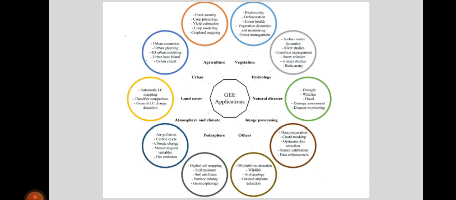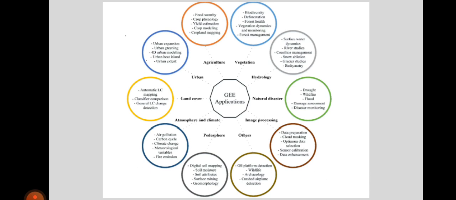Coming to hydrology, Google Earth Engine applications include surface water dynamics, river studies, coastline management, snow ablation, glacier study, bathymetry, etc. And coming to natural disaster, this includes drought, wildfires, flood damage assessment, and disaster monitoring.